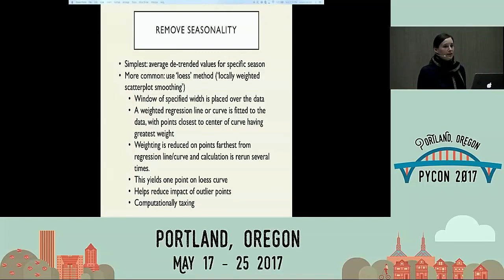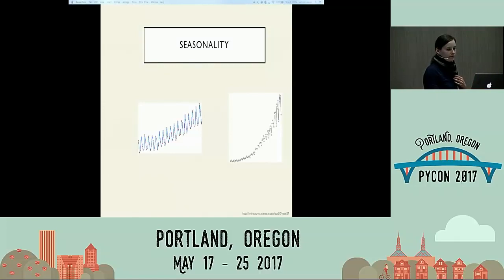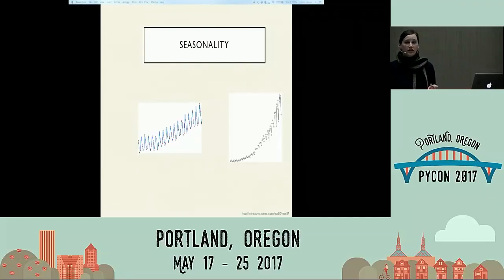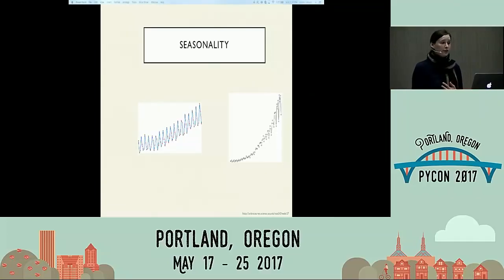So this is very computationally taxing, but it is the way people tend to get rid of their seasonality. Basically, seasonality is very computationally taxing, but you have to deal with it. So you get rid of your seasonality, you get rid of your trends with differencing. What else do you still have to worry about? Seasonality, trends. This is seasonality, but it can also just be increasing variance. Usually with increasing variance, your solution is a power transformation or a log transformation.